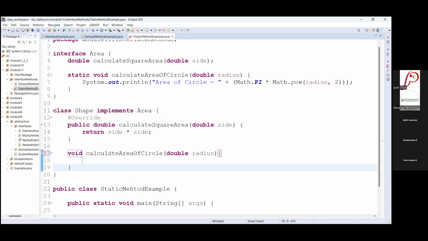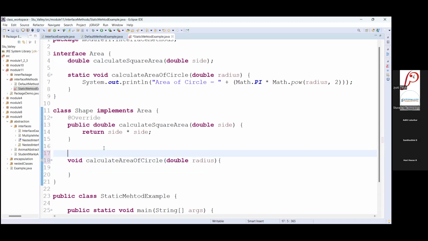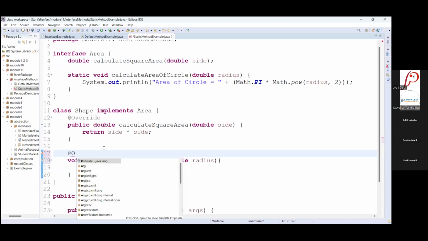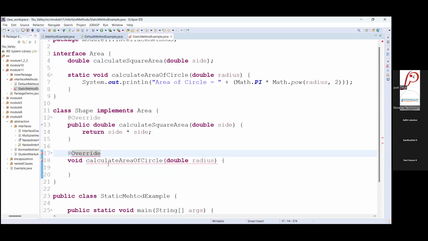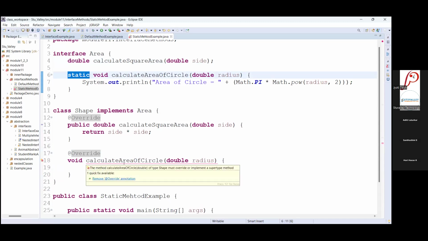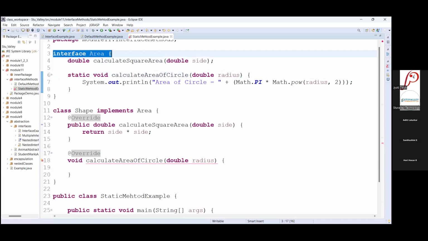If you try to add the override annotation, it will never get added because this is a static method. Static is always bound to this interface itself. So you cannot override the static members.